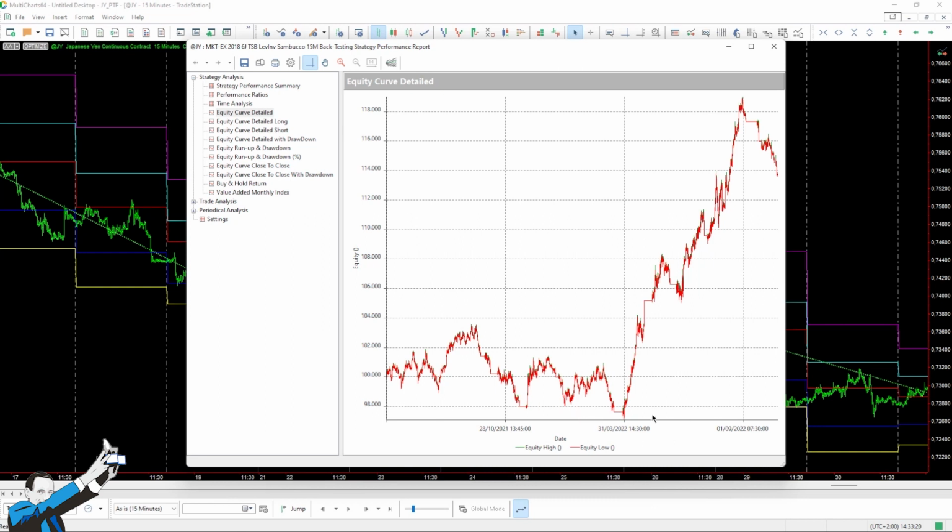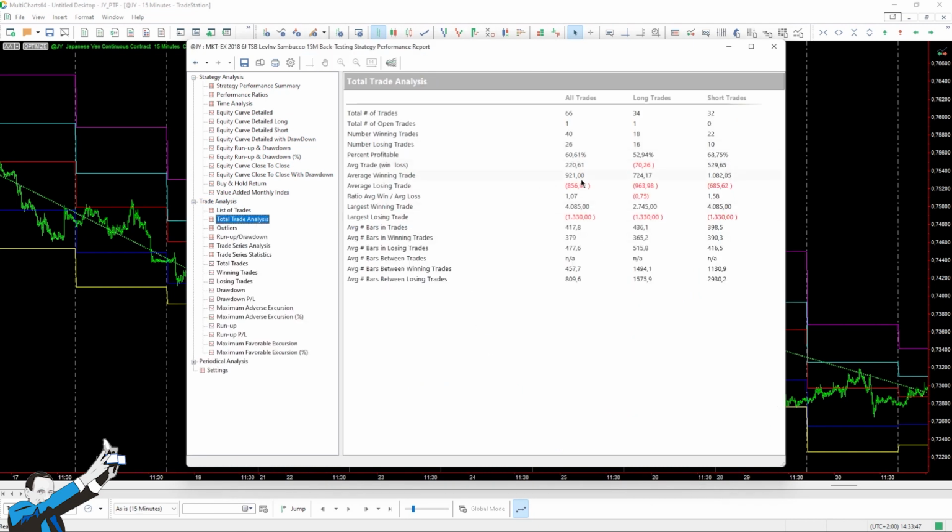But then at some point, with the more recent volatility, the outbreak of the war in Ukraine, as you know, and some other external factors, the volatility in this currency market returned, and the strategy was able to take advantage of that. The trend is undoubtedly erratic. However, I'd like to remind you that the performance we're seeing here refers only to the last year or year and a half. The average trade is $220, which is definitely an excellent value. This is a multi-day strategy, so positions are left open beyond the end of the day, and eventually closed out with a stop loss or a take profit, or with a reversal of the open position.